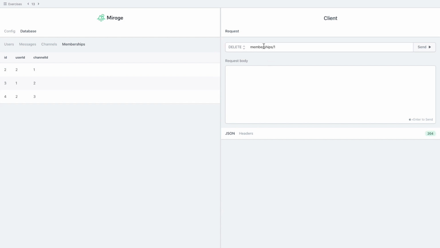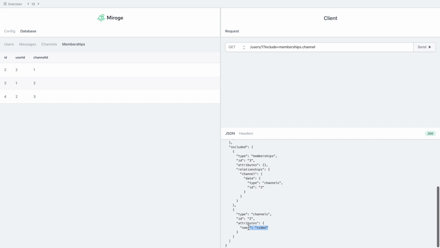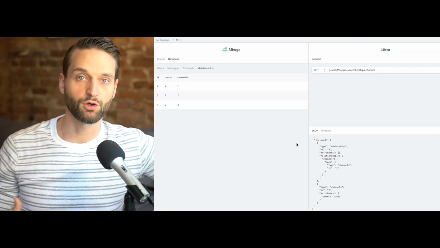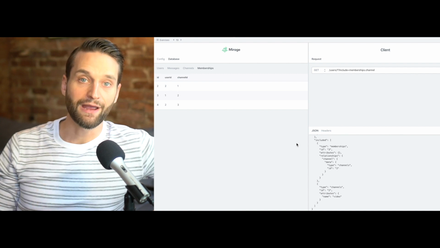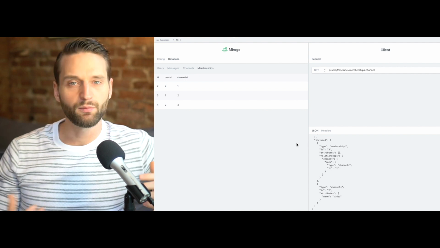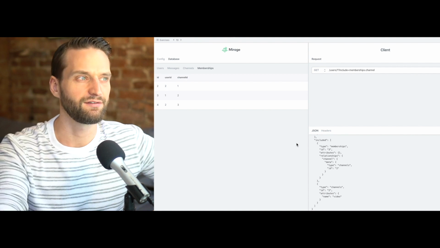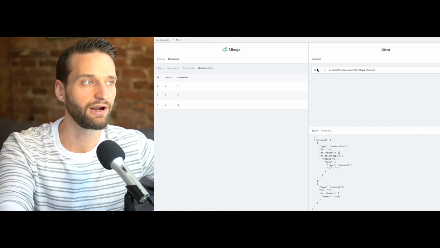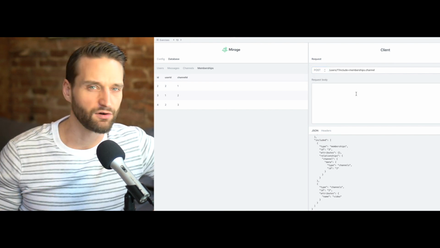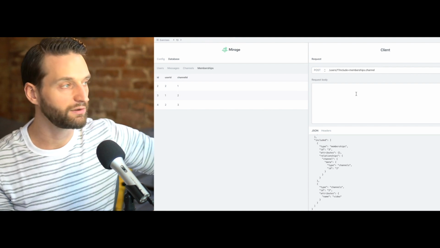We do that. And so if we were to requery for users 1, which is Sam, and include all of his memberships.channel, here we go. We just see video. And so this hopefully really shows off the power to you of getting the domain model right, because this problem that seemed so intractable before, how can we stay inside of these normal CRUD operations without adding something like a /add or remove channel action to our API, which we know feels bad, but we don't know how else to do it? Just by naming a new resource and getting the modeling right between these foreign keys and